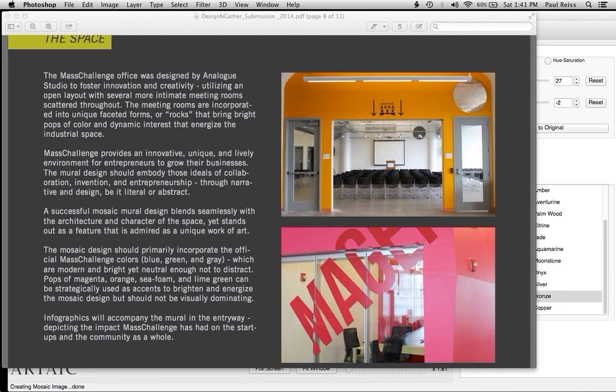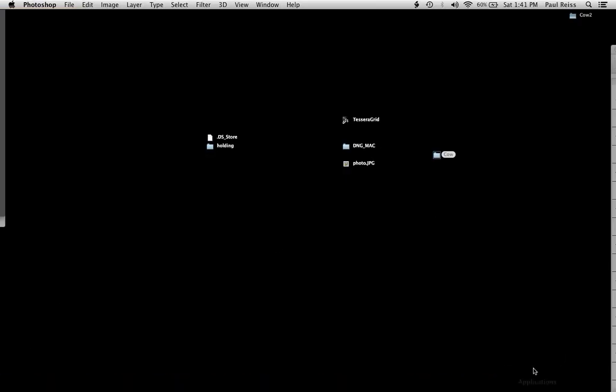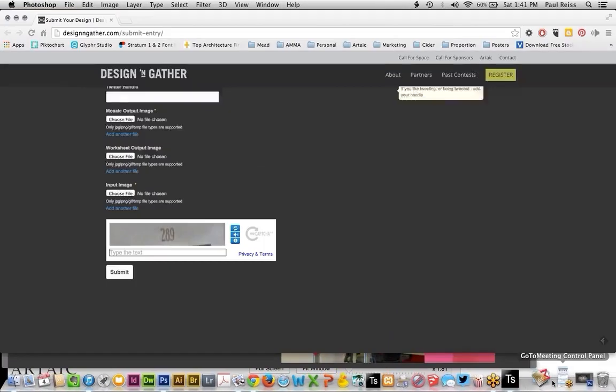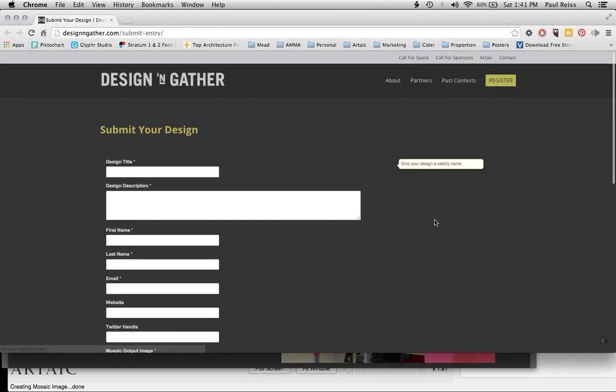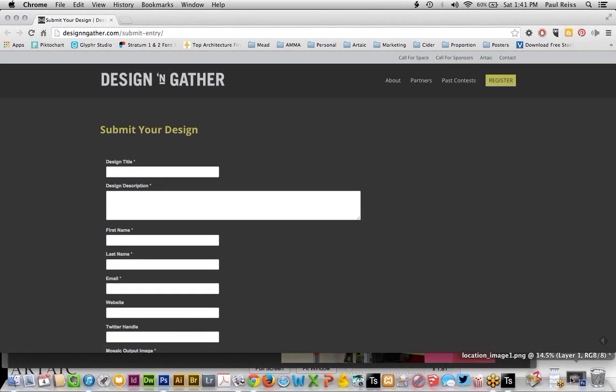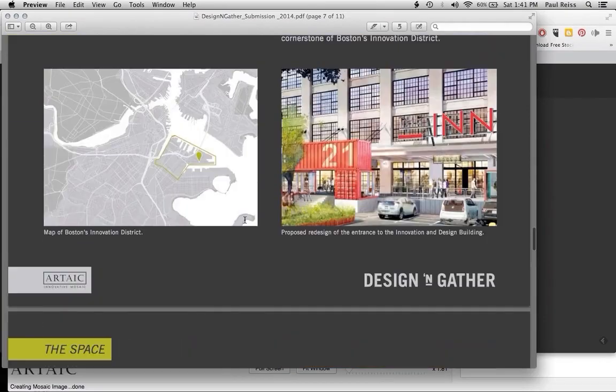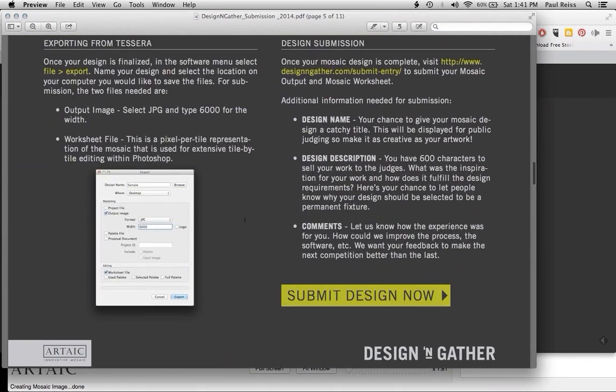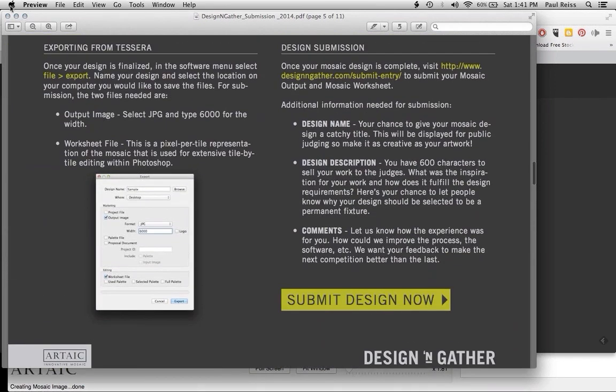Cool. So once your mosaic is done, all you have left to do is go into the submission page, which you can find in the submission document. There's a link. Submit the design now, or just go to designandgather.com/submit entry,